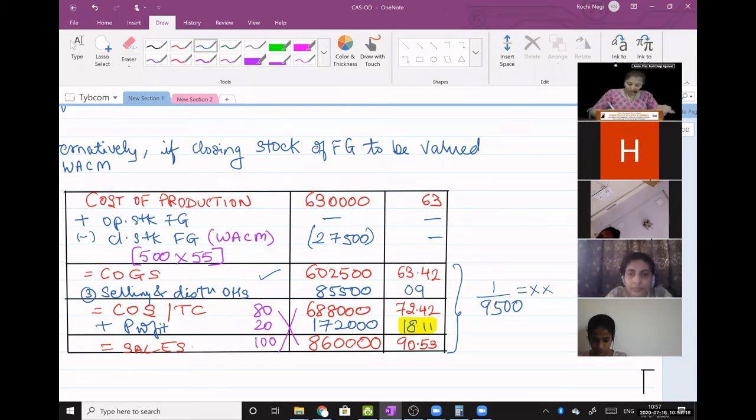Now Swapnil, what was your query? Ma'am, should we round it off or not? For the CPU column, you don't have to round off the answer. You go up to 3 decimals and round off the second one. Swapnil, go up to 3 decimals, round off the second one. Is that clear? So 63.42. Keep it 63.42, don't write 63. Clear? Okay, fine.